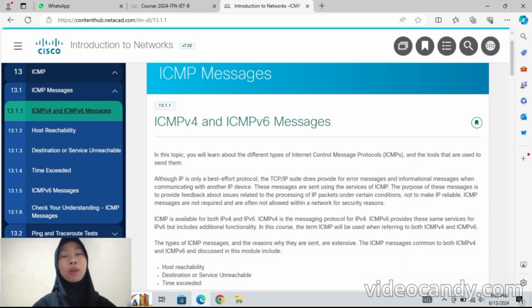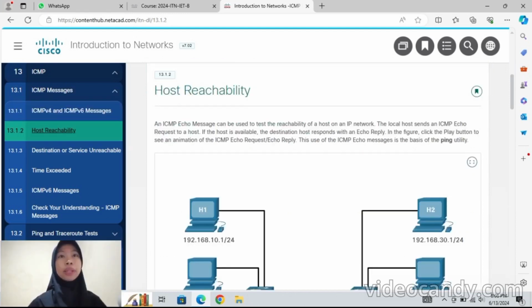The types of ICMP messages and the reasons why they are sent are extensive. The ICMP messages common to both ICMP version 4 and ICMP version 6 and discussed in this module include host reachability, destination or service unreachable, and time exceeded. Host reachability: an ICMP echo message can be used to test the reachability of a host on an IP network.